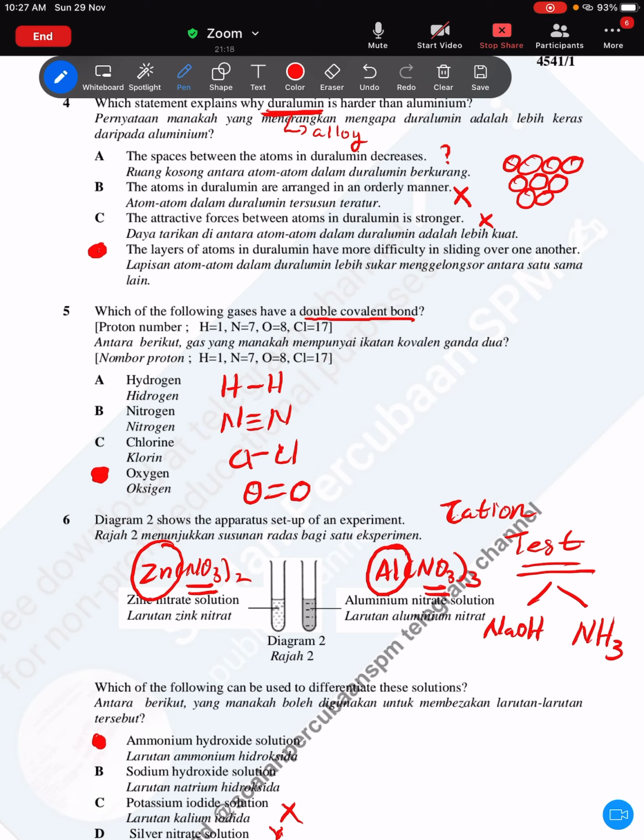Do you know any reason why B is wrong, even though B can be used for the cation identification? Tell me. Even though B is right for the cation test, but that is wrong in this specific case. Who can tell me? Who wants to be? They want to give the voice to the YouTube to do it now. Any volunteer?